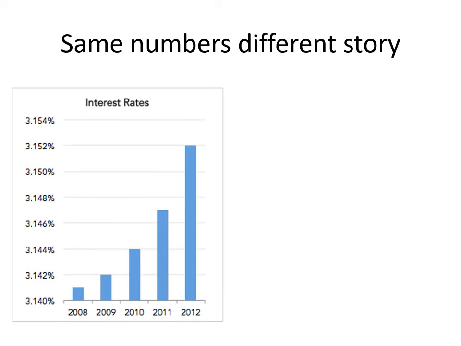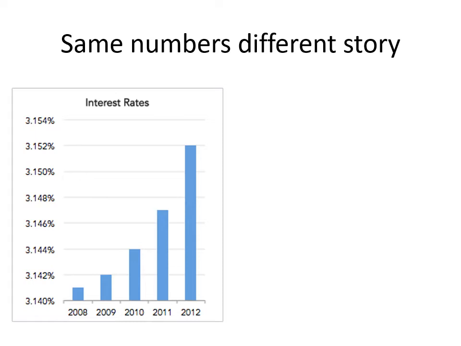So now we're going to look at bad work, okay? Here we have an example of two graphs showing the same numbers, the same data. Let's take a look. Oh, okay. These interest rates look amazing. Look, in 2008 they were so tiny. In 2012, look, wow, boom. It's like, whoa.